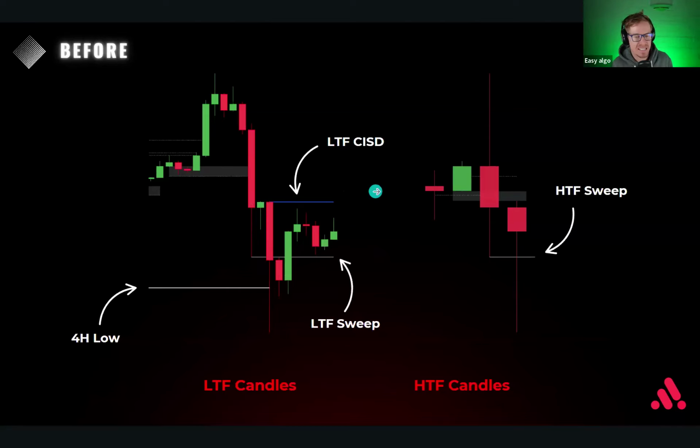The CISD is also known as an order block, and it's also known as a market structure shift. There are many different terminologies, but in this context, it is a fantastic way to determine when there's going to be a change from a bullish to bearish scenario in the charts. And that is why we wait for price to break this level to confirm that this is in fact a true reversal that is taking place, or we wait for the higher time frame candle to close